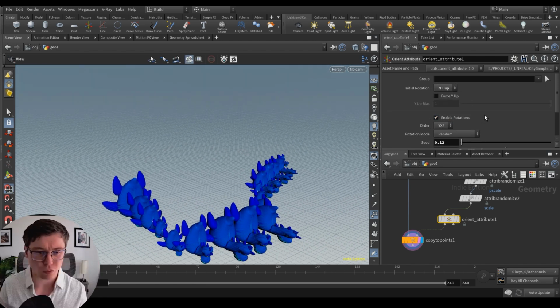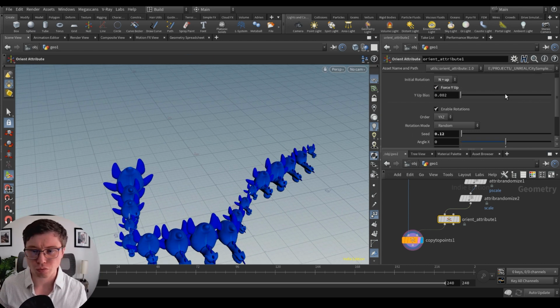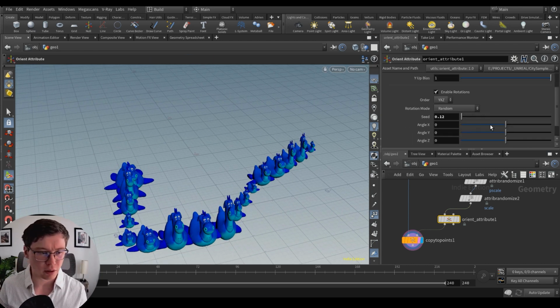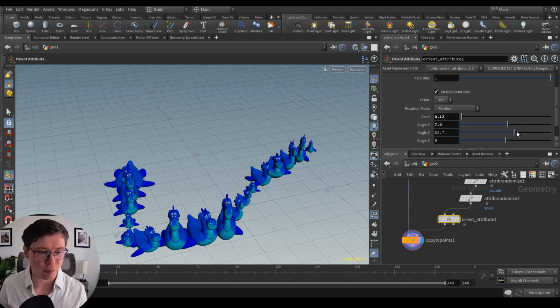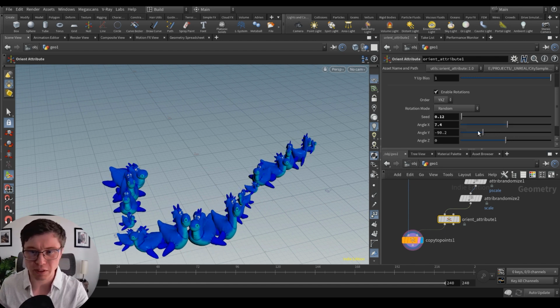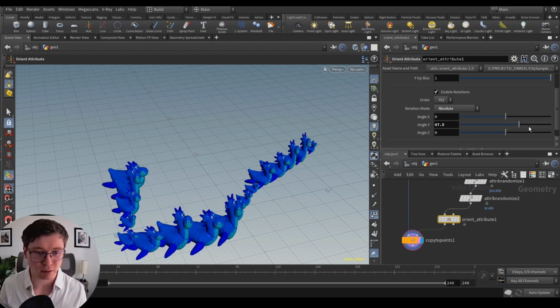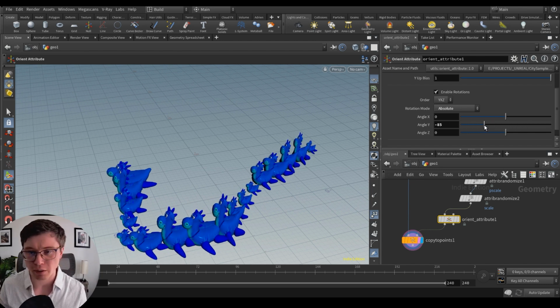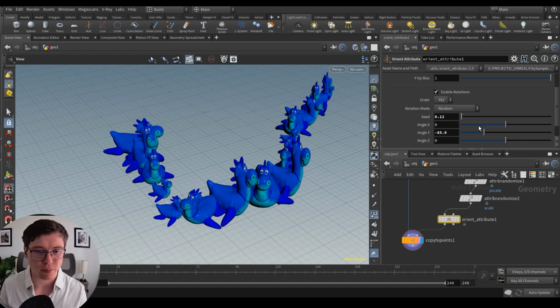Maybe let's force y up. How does that work? Yeah, you basically have some sort of randomization possible with this guy. So you're not forced, obviously, to randomize. You can also set absolute values. That's totally fine if you want to really control the rotation over here. But note that you can actually randomize stuff from here as well.